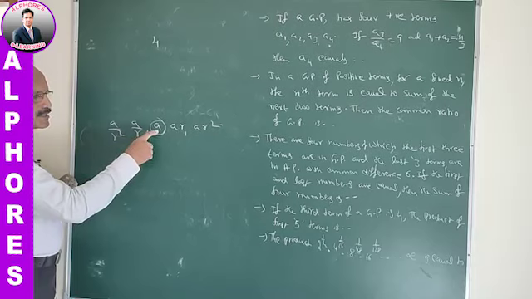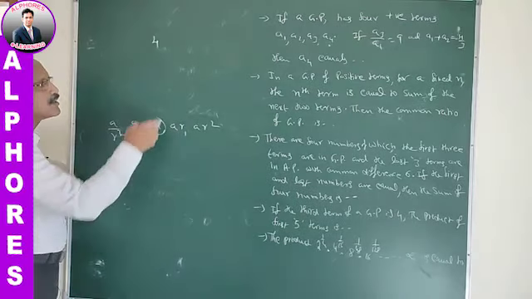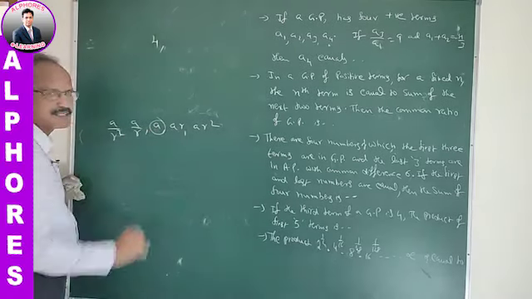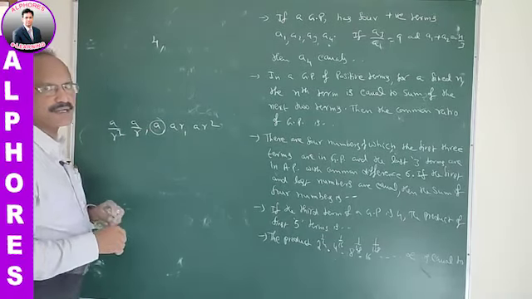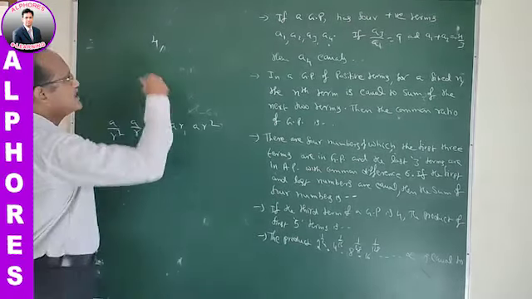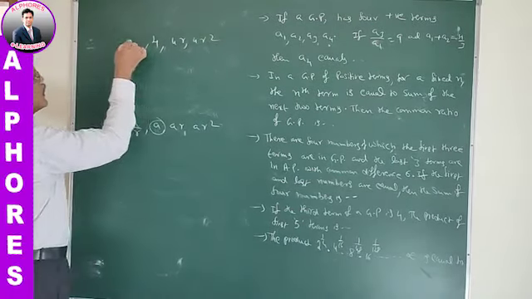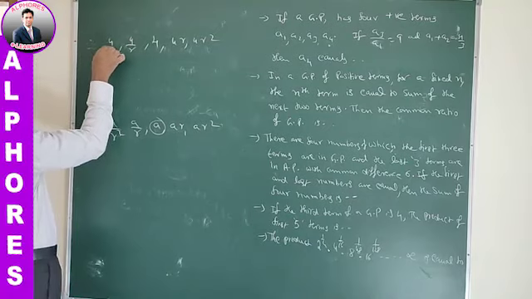Right? You know it is the third term. In this question, the given third term is 4. So I am writing the 5 terms of the GP basing on this one. Let the common ratio of the required GP be r. Then the remaining terms are 4r, 4r square, and here 4 by r square, 4 by r.